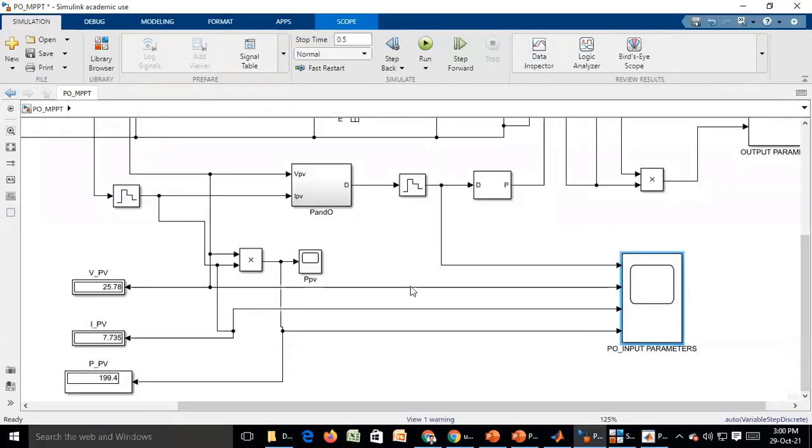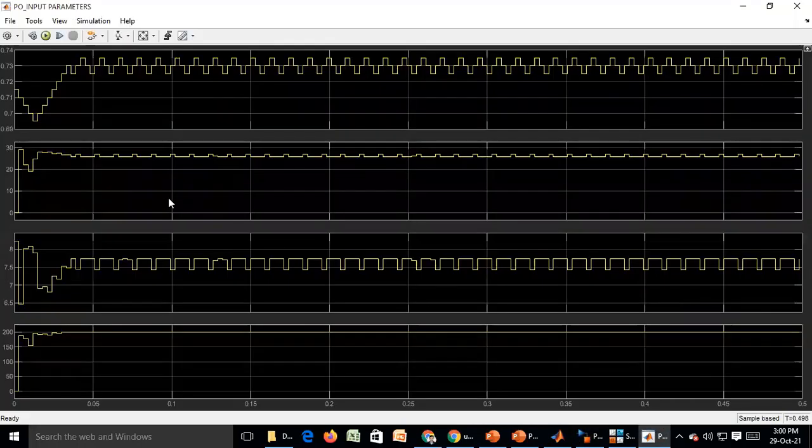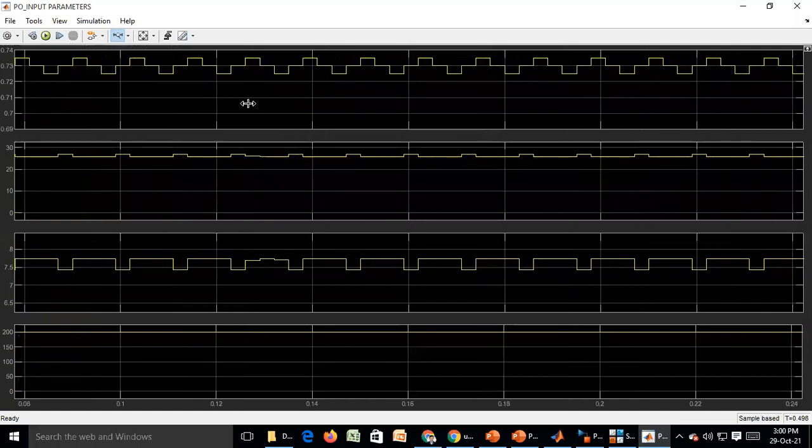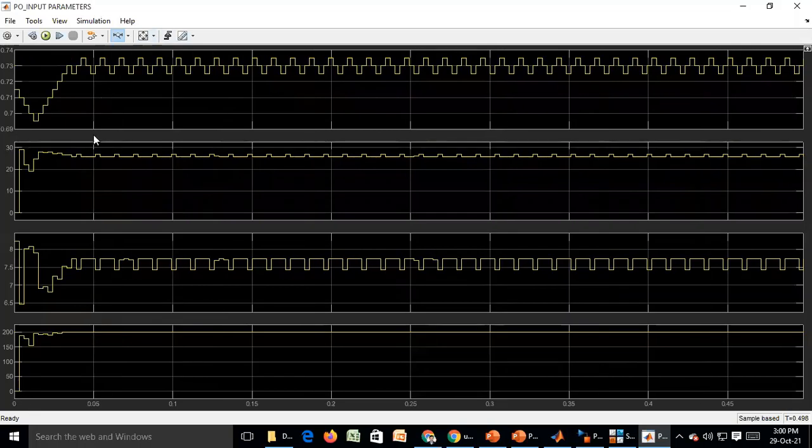So now you see here, one is the PWM scheme signals, one is VPV, second one is IPV, then PPV. Here one is your pulse width signals, how much you are giving. And our concentration is, by going from P and O to incremental conductance to fuzzy logic controller, what will happen? The settling time will be reduced.